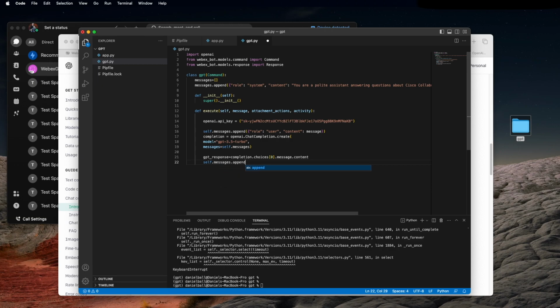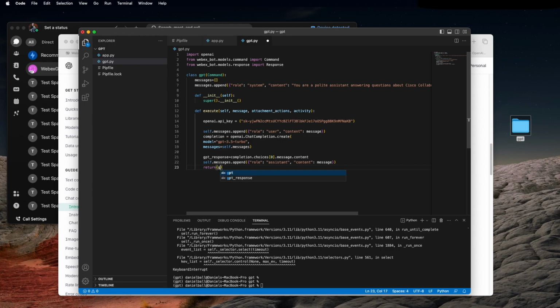self.message.append. And then here we'll say role, and then make that assistant, of course. And then, of course, content. And then here, this is also going to be that message parameter. Remember, that's the user input, and we want it to remember the user input. So that needs to be the message parameter. Great. And then let me fix these parentheses. And it looks like I need to fix role here as well. Okay, there. Great. And then the last thing that we need to do is just return